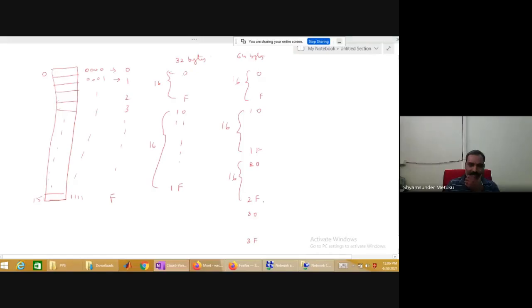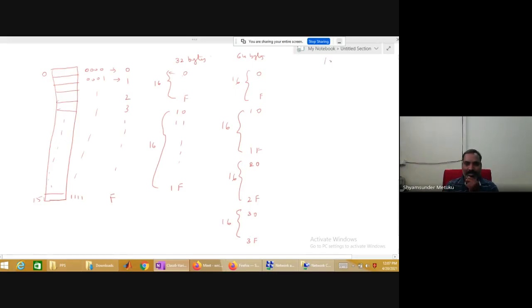I think somewhere we have made a mistake. After 1F it should be 20, which is right. 2F is also right. 3F means total 64. Correct only, so it will be 16. There is no mistake. So these are my numbers, right?